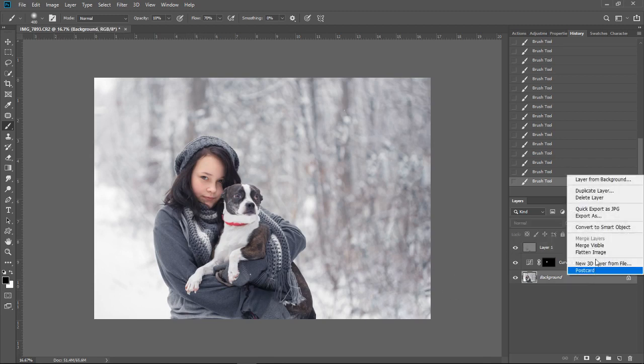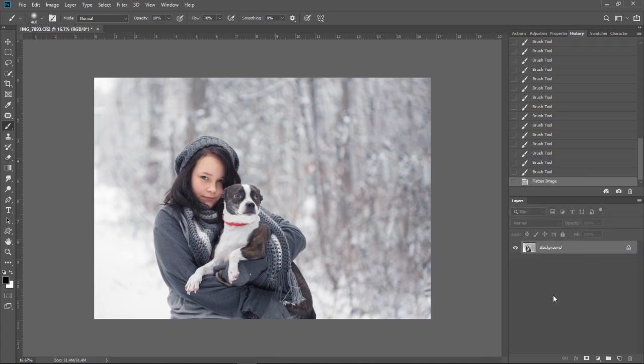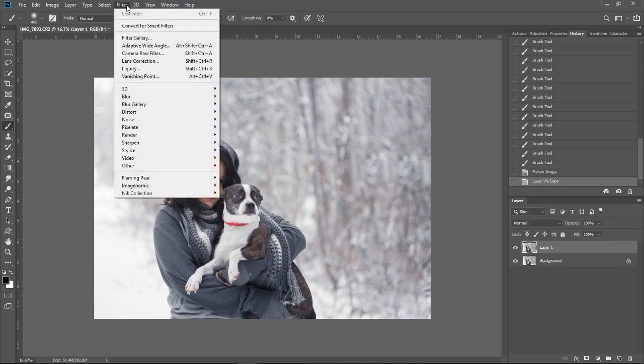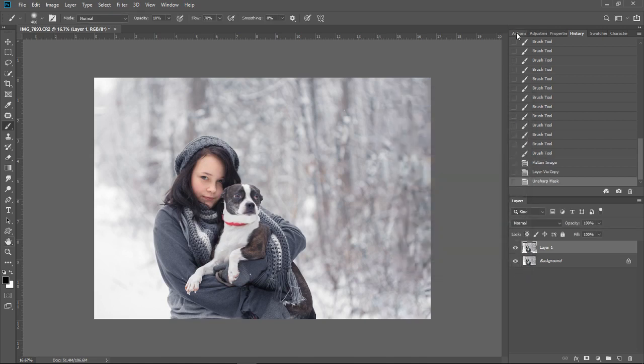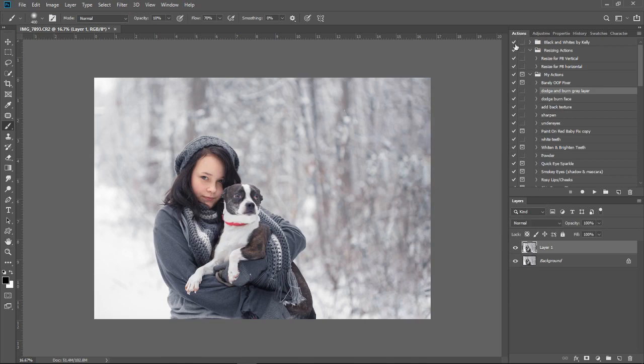Okay, so now I'm going to sharpen, but I'm going to select sharpen. So I'm going to create a new layer, and I'm going to go to filter, sharpen, unsharp mask. These are the settings I use for a lot of things. I might need a little more, a little less, but typically this is it. I have an action that does that too, but I'm doing it all step by step,